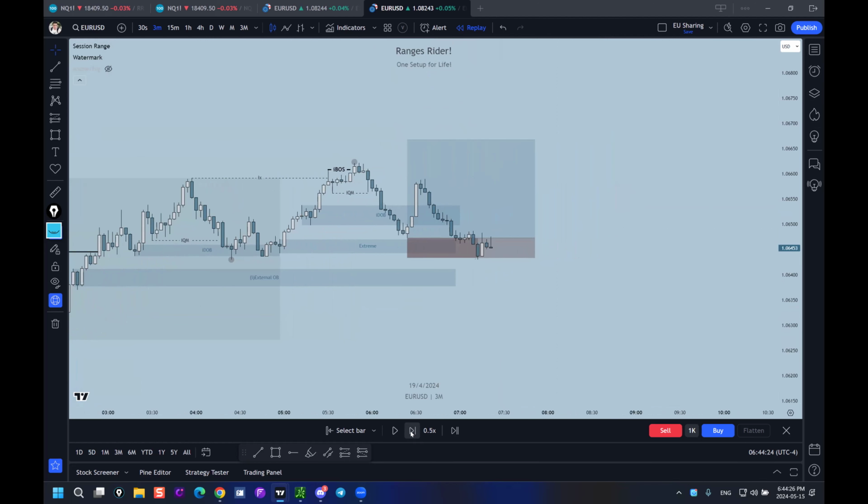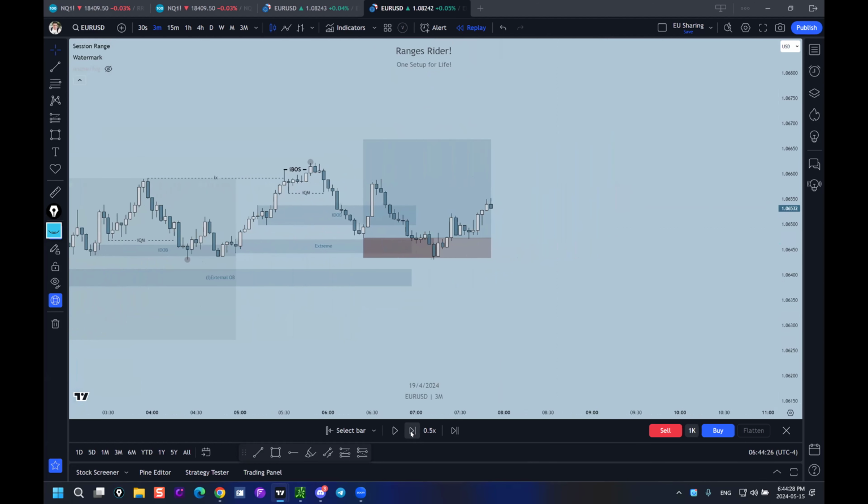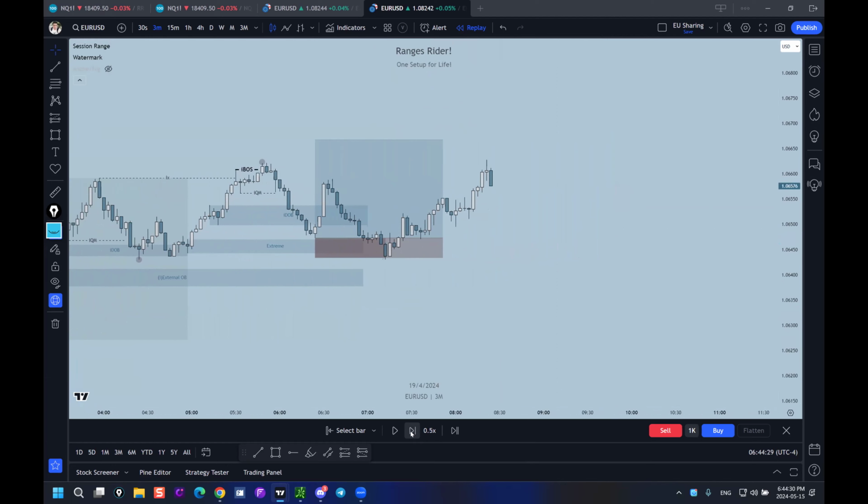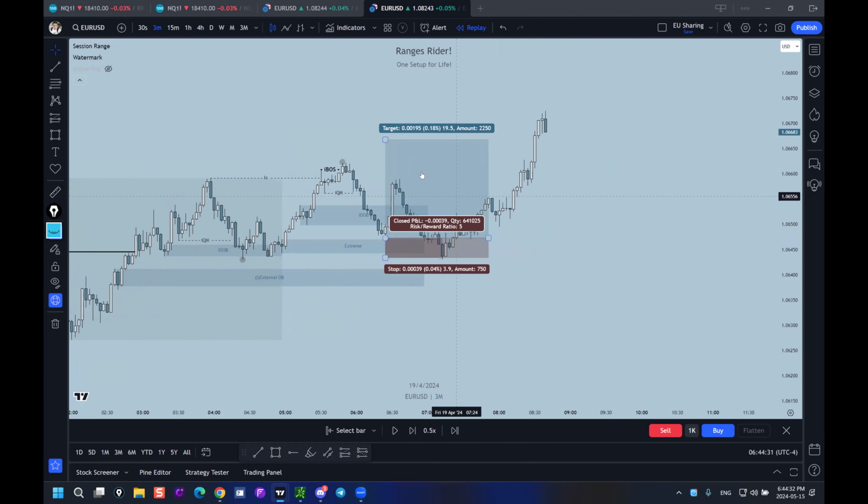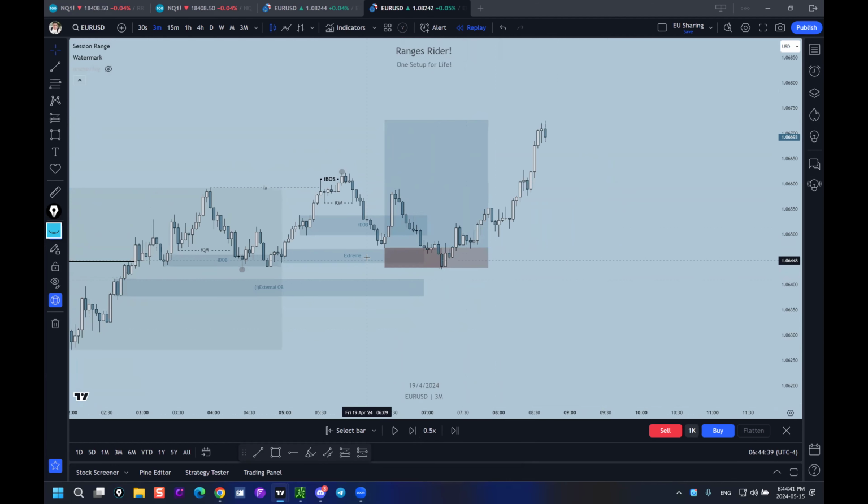Okay, so the price took your stop, and then it took your target. Very nice trade, losing trade. Okay, no problem. So the price actually took what? The extreme order block. Even the extreme order block was taken. Market never disrespected your